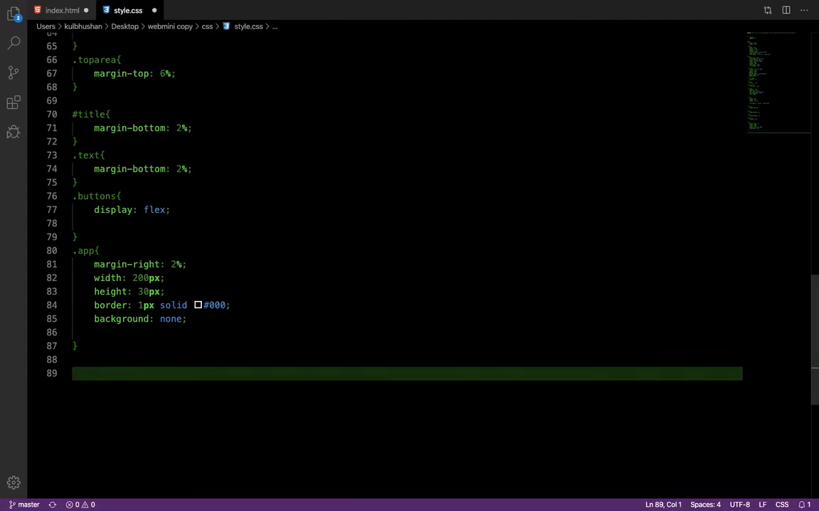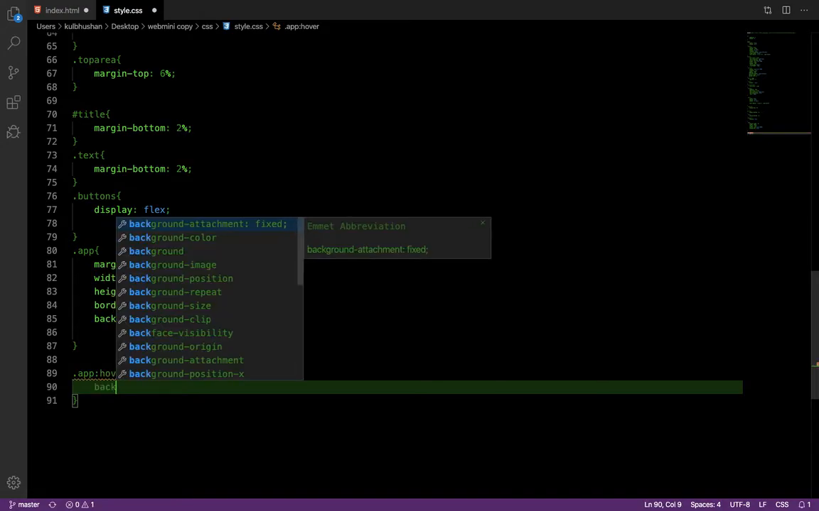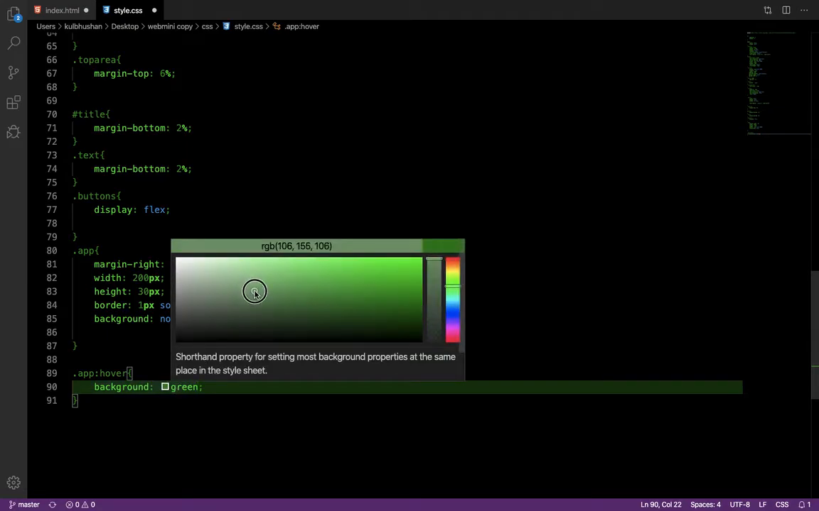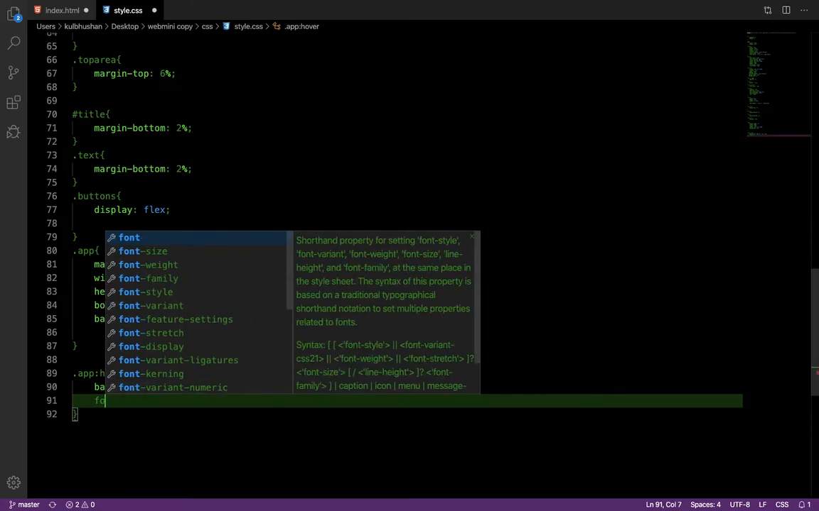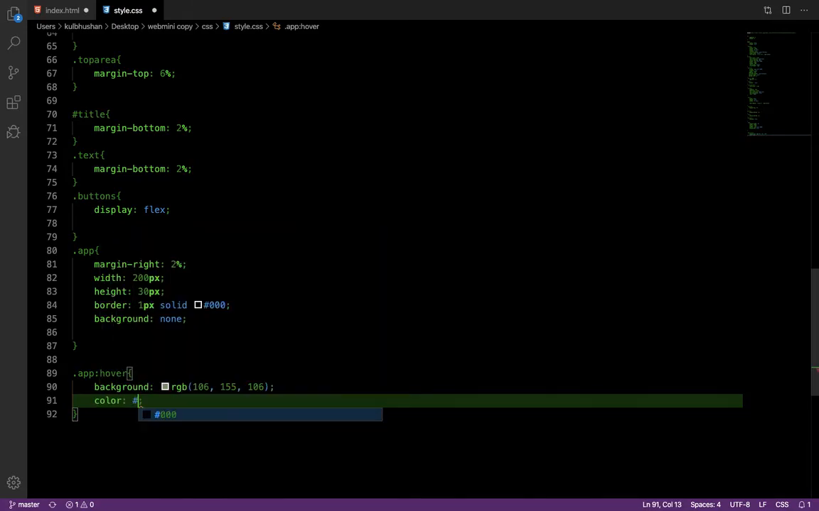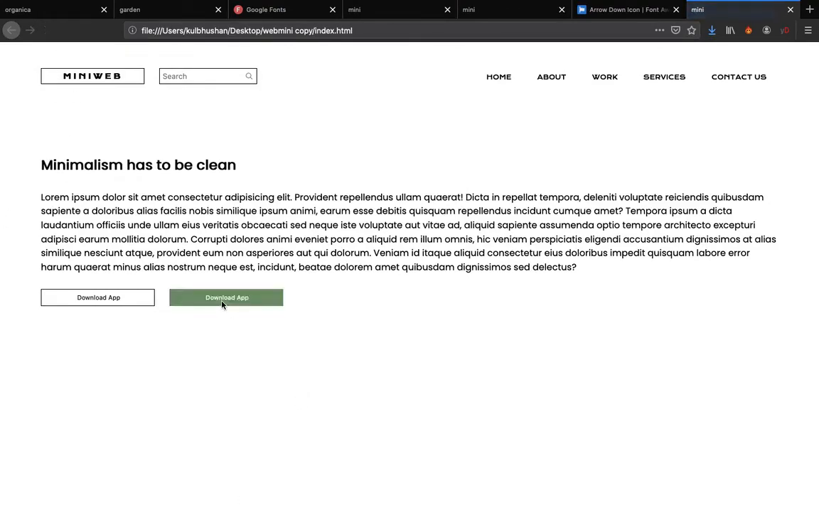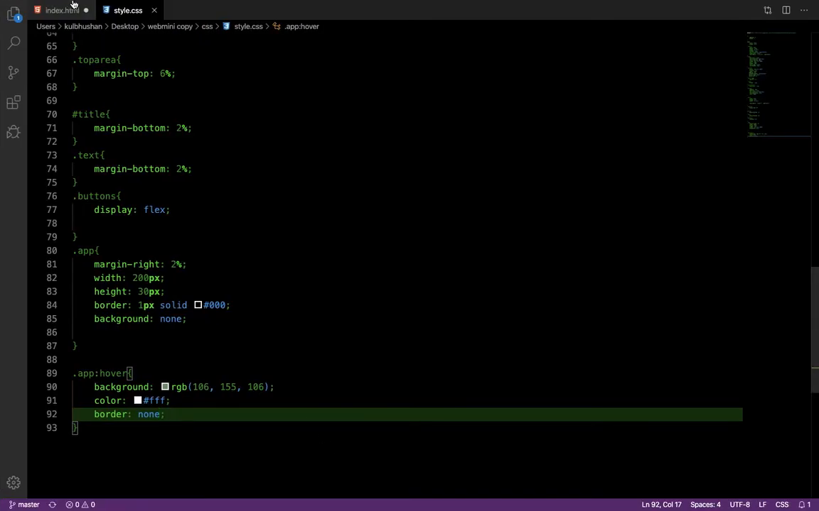Okay, when I hover on this app, how we use that. Its background color should be kind of green, but not this green. We need a kind of subtle green, and the font color should be changed to white, and the border of the box should be none because it has a black border, and that border should disappear, but we need that arrow. Have we accessed that? Yeah, it is now here. We just copy it, and